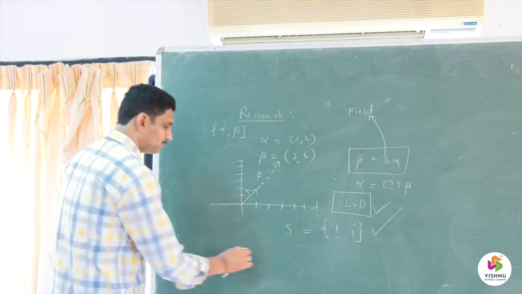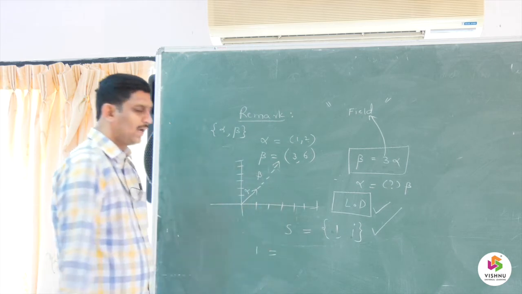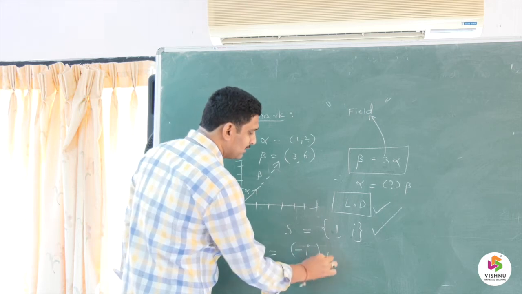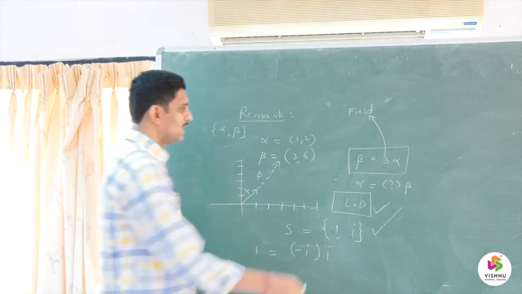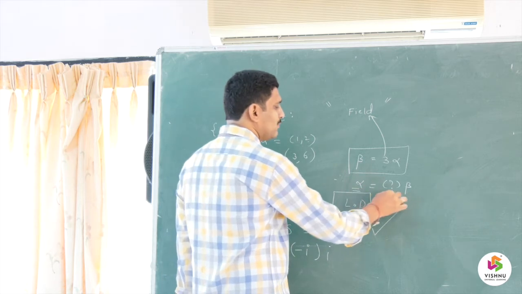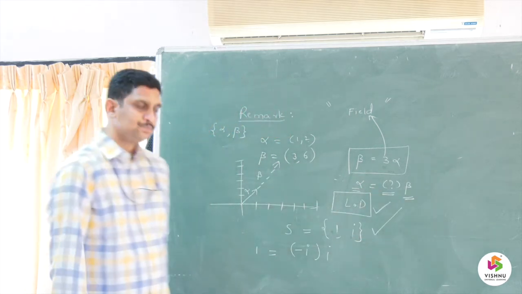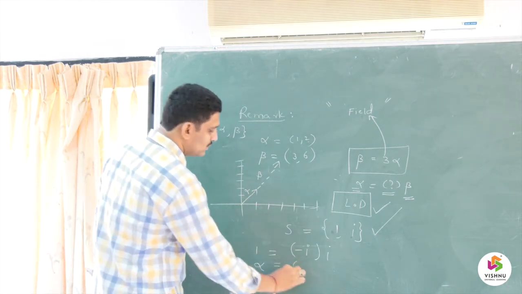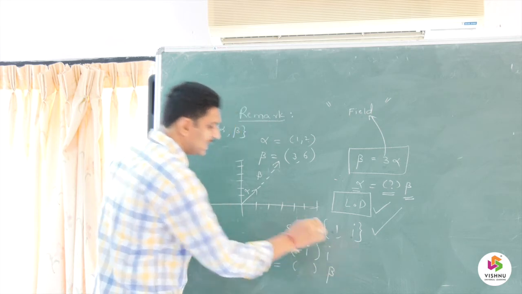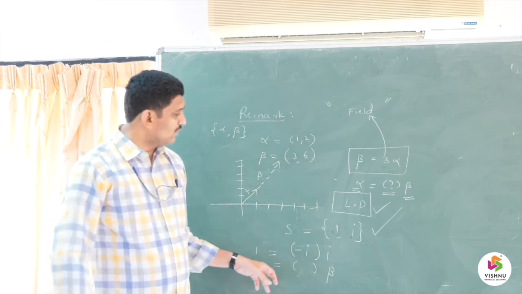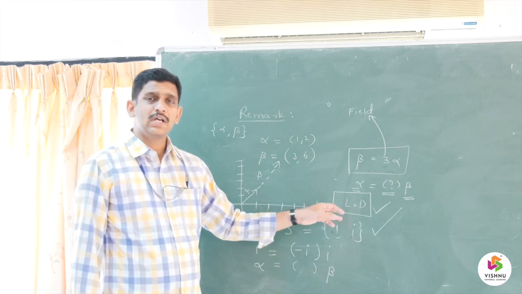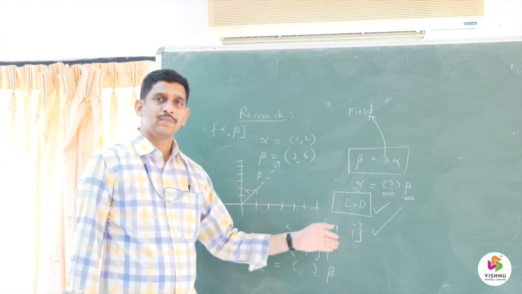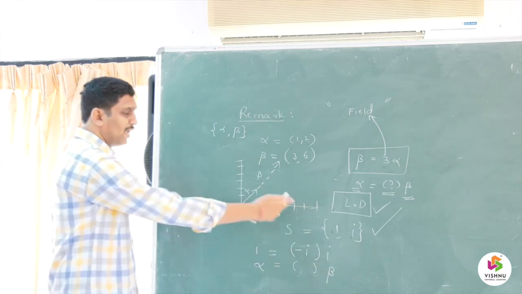Why? Because I can write the vector 1 as minus i into i. You can observe that one vector is equal to some number into the other vector. This is possible here. So if you take this as alpha, alpha is equal to some number into beta is attained here. So immediately we confirm that this is linearly dependent. Now the question comes: linearly dependent on what vector space? That is most important. So generally you have taken the one dimensional vectors here.